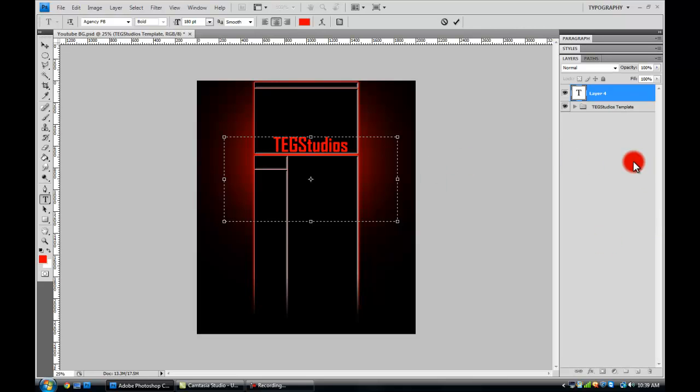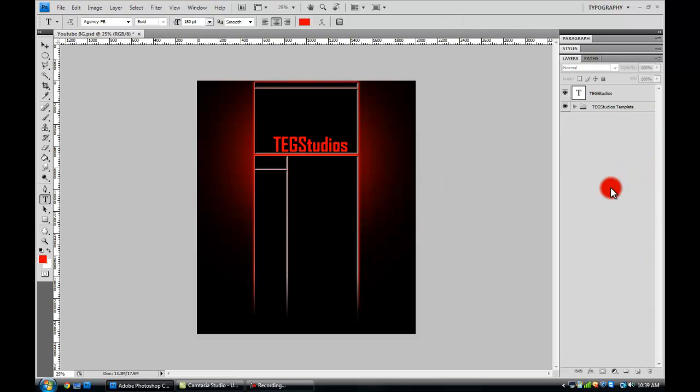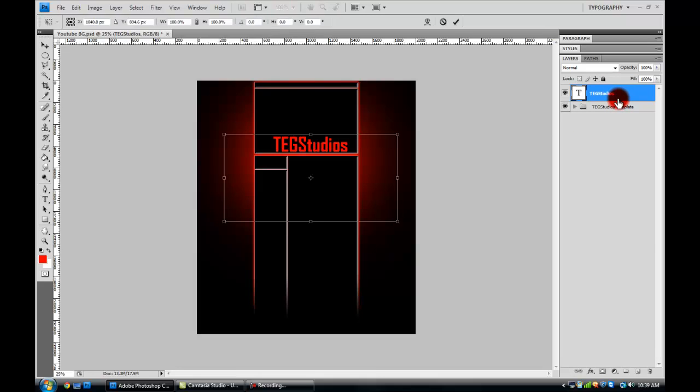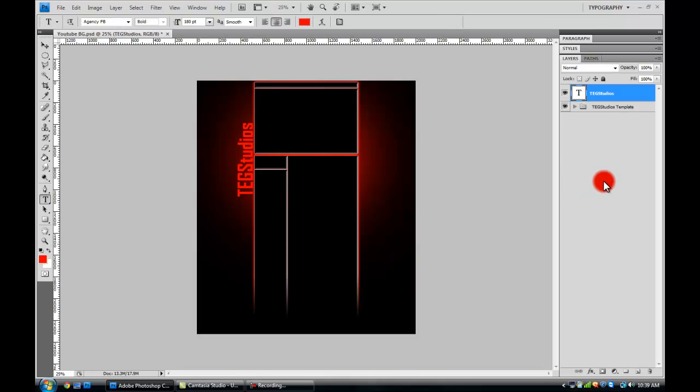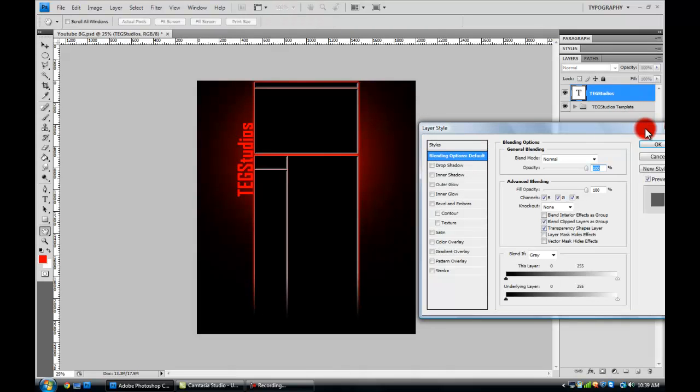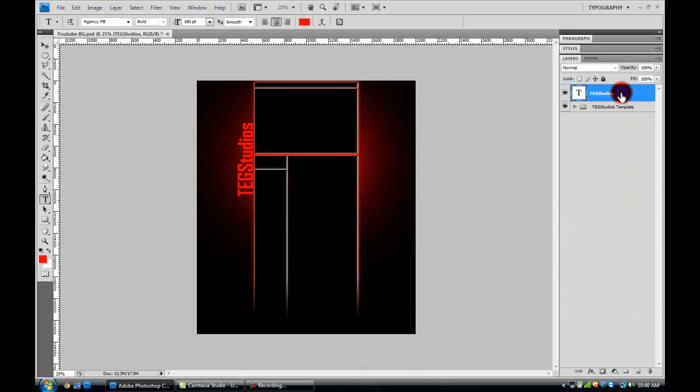Alright, so click anywhere right here and press Control T to make this box come up. Up here where the angle is, type in -90 and drag it over to where you would like. And then click enter. Next you're going to want to double click on the layer, or right click